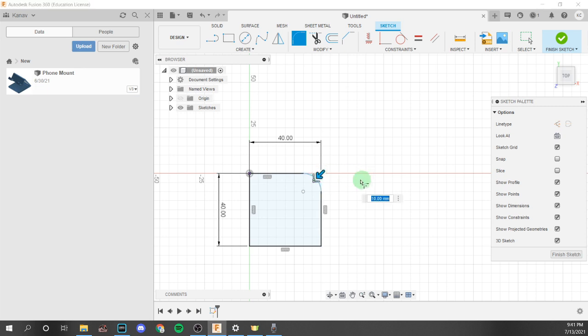I'll select the corner right here, and you can make a measurement. I'll make it 5. You can make it anything. You can make it 10. You can even make it 20. I'll make it 10 to make it easier. And when you press enter,